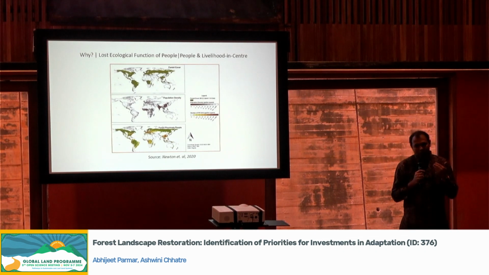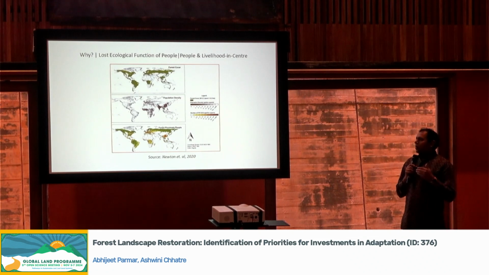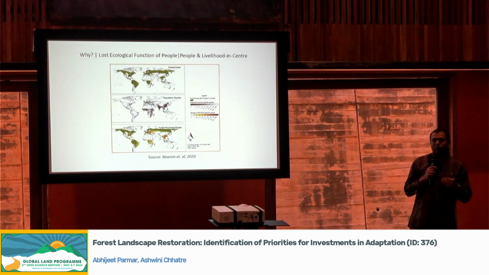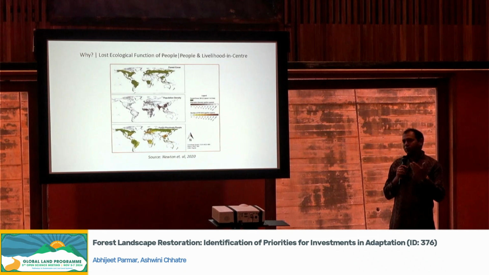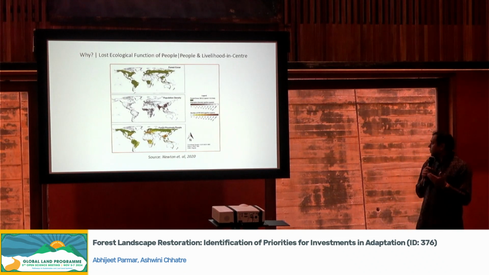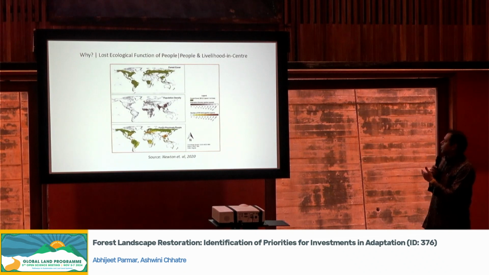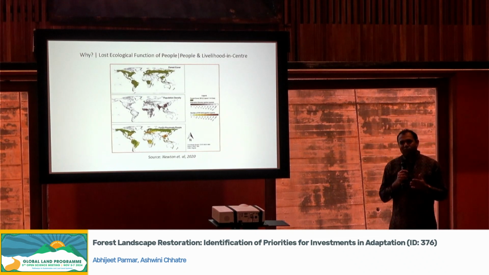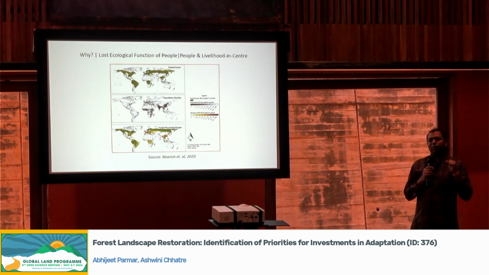There have been exhaustive global efforts to map out the areas which have to be prioritized, which have restoration potential with different kinds of restoration objectives, like biodiversity richness or food production. What we wanted to focus on is how we can put livelihood into